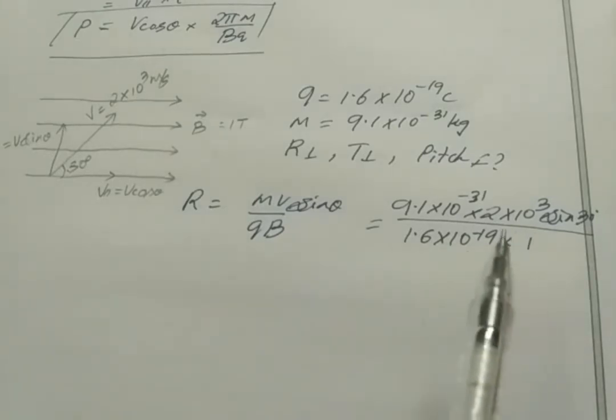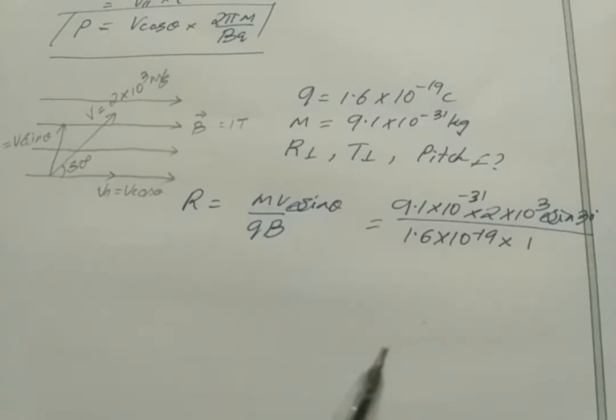Very simple, right? Most of you did not solve the numerical problems. I don't know why. 50% of the questions will be numerical problems. So there are two tricks to get good marks in physics. The first one is you have to study consistently. Daily you have to study physics. Next, you have to solve as many problems as possible. You have to solve more problems.